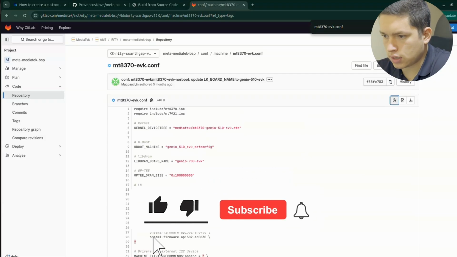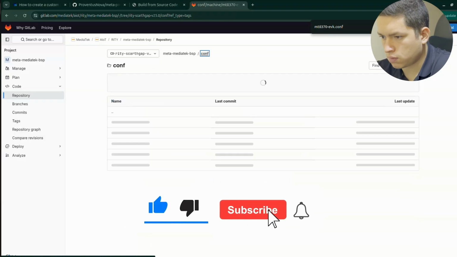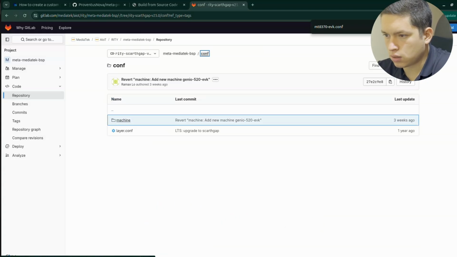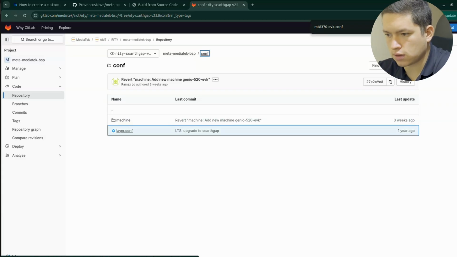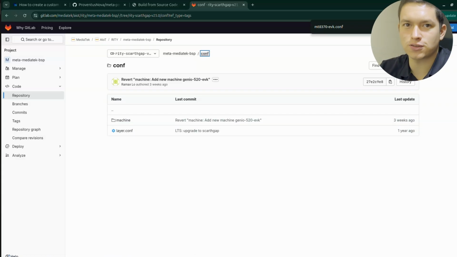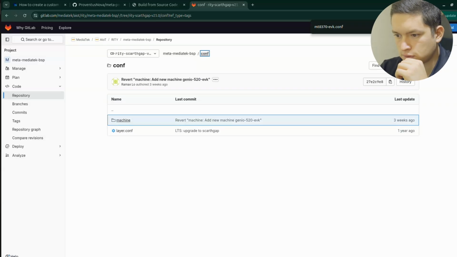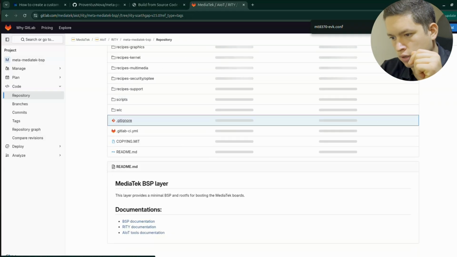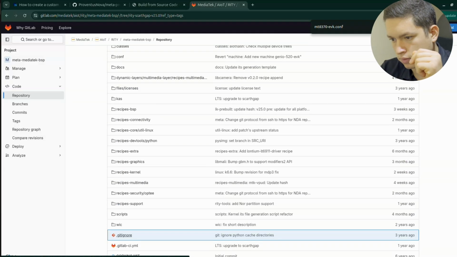Cool. Now let's go ahead and look into what we were doing. I already forgot. Yeah, we were doing the conf. I don't know if you guys recall, but we were trying to see the templates here on the MediaTek BSP, but it seems they removed them from here. So let's go look for them. I'm sure they are on the demo